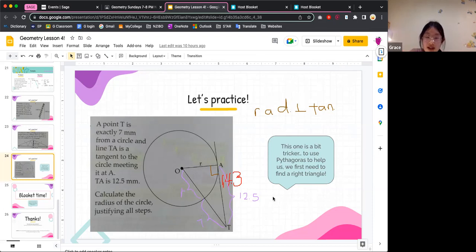So if we use Pythagoras, how do we figure it out? Well, we've got 12.5 squared plus R squared equals, and then this side is R plus 7, right? R plus 7 squared. And this might be a bit tricky if you haven't done quadratics in algebra before, but essentially, if you solve this quadratic, you're gonna get